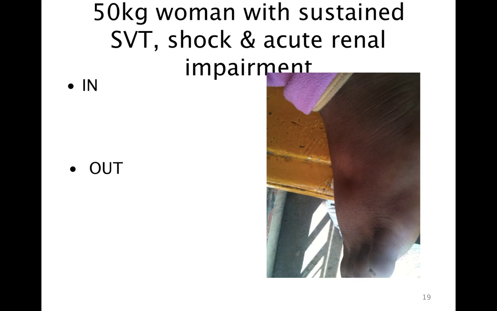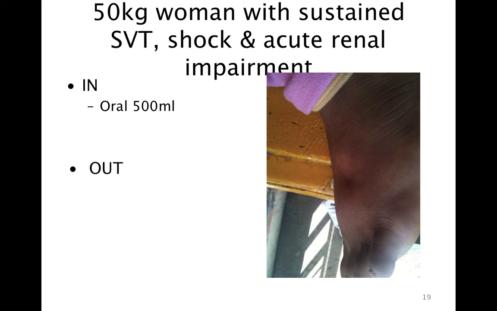In this second example, we have a 17-year-old girl who is in supraventricular tachycardia at the rate of 200 per minute. That has been untreated for 2 weeks. As a result, she is now in cardiogenic shock and has acute renal impairment. She weighs 50 kg. Her fluid in the last 24 hours has been